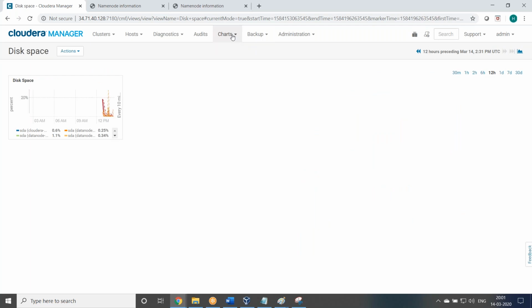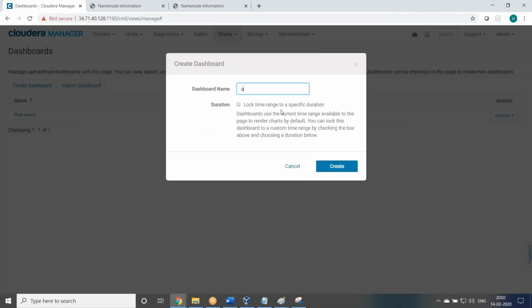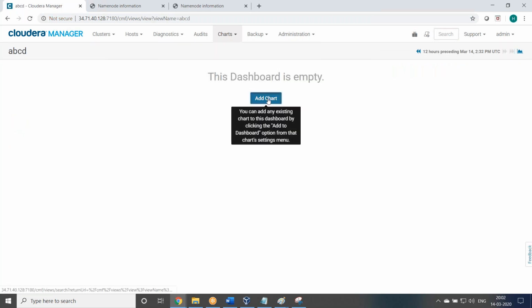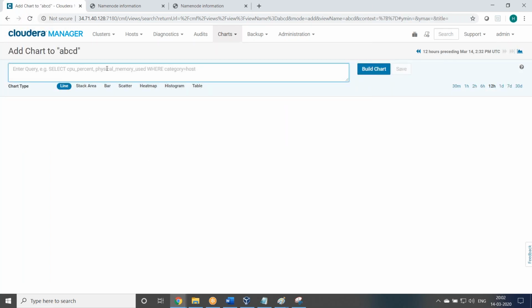It's everything, but you need to know. For example, if you are going to create a new dashboard, there is some A, B, C, D, some name. So what you want to add, this A, B, C, D. If you open, okay, add chart. So here you can see there are some options given. What all you want to add, you can just type it, you need to know, that's it. And then if you want to add it for one server, you see host category, same memory. Example queries they have also given. Save it, add it to main page so that it will be added to the main page.